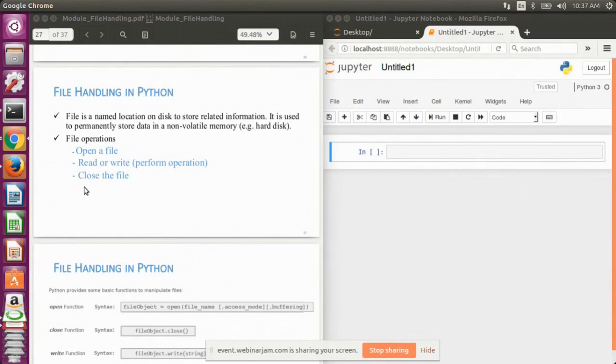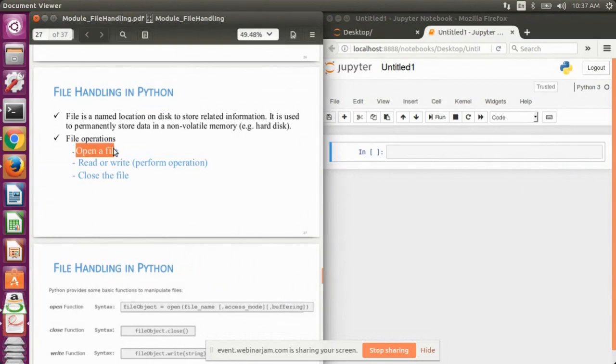And the third statement is closing the file. If you don't close the file, the file may get corrupted if you end the program without closing it. As such, compilers are intelligent enough, so you can skip this statement, but it's always a safeguard to close the file explicitly. Fine, so these are the three steps. Just remember that we need to open the file, then we read or write the data, and then the third step is closing the file.